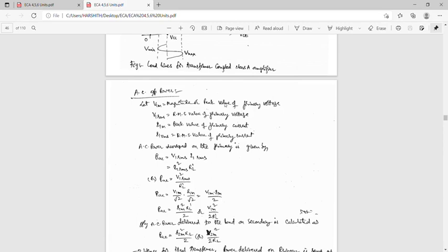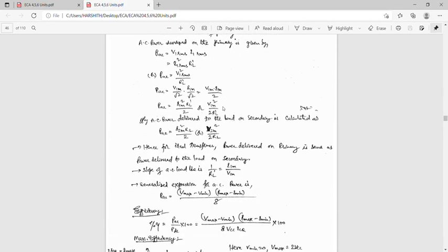So PAC equals another formula, I square into R. That is I square m into RL by 2. So PAC equals V square m by 2 RL. Similarly, AC power delivered to the load in the secondary. First we can take the primary values, so we can take only one. Now we can take the secondary values. We can take 2, so V2m, that is the magnitude or peak value of the secondary.